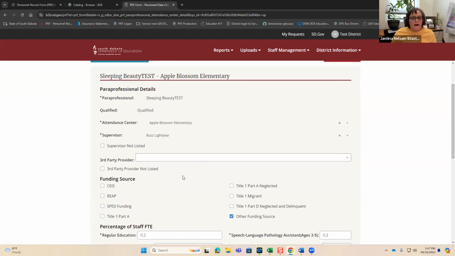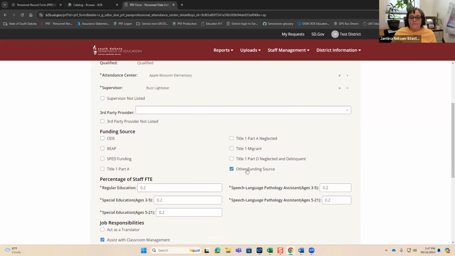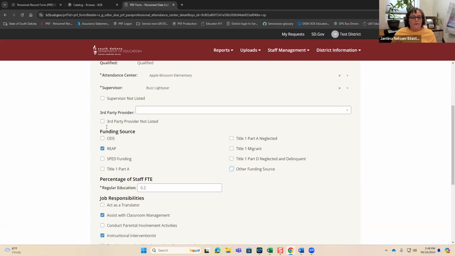And then based on the funding source, if you pick the other funding source, you're going to see that that person potentially could serve all various students. Now, if you pick a different funding source, it may not list. Oh, I had other.